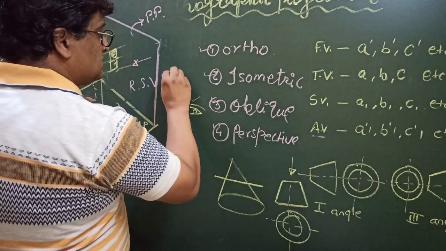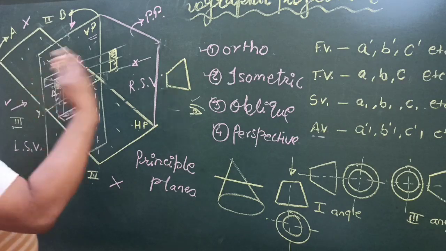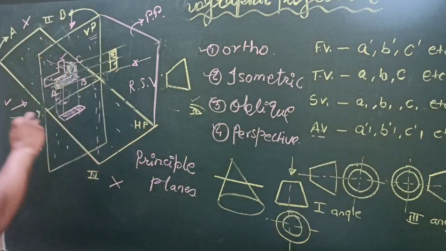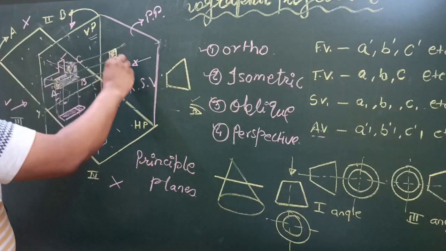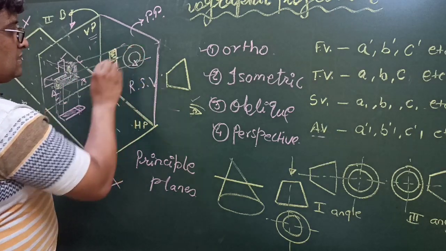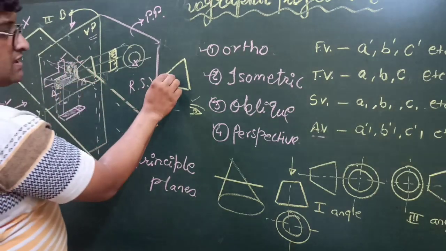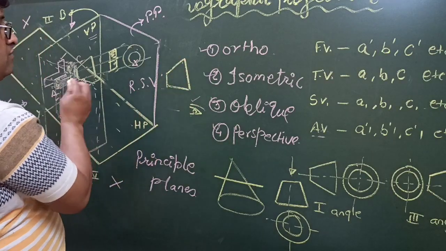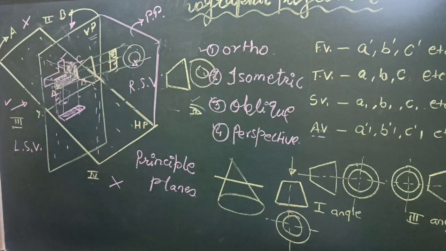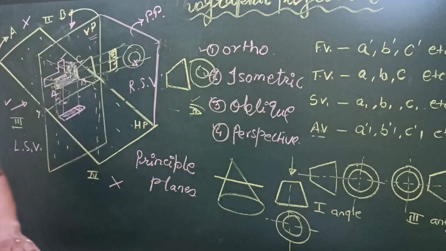A frustum of a cone is like this, and you are drawing the front view looking from this direction, and its top view or side view is drawn on this. So this circle is visible to you. The front view will be here, two circles, one for this and a second one for this in the side view, and when we rotate, this circle will be like here. So this is nothing but a frustum of a cone, with which we have made some standard symbol there.